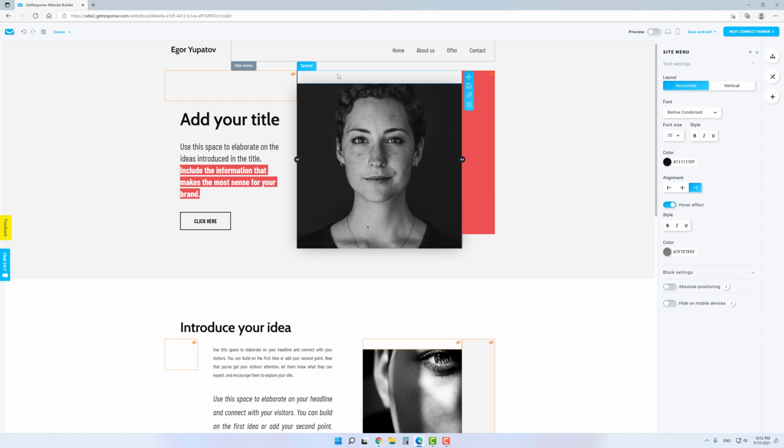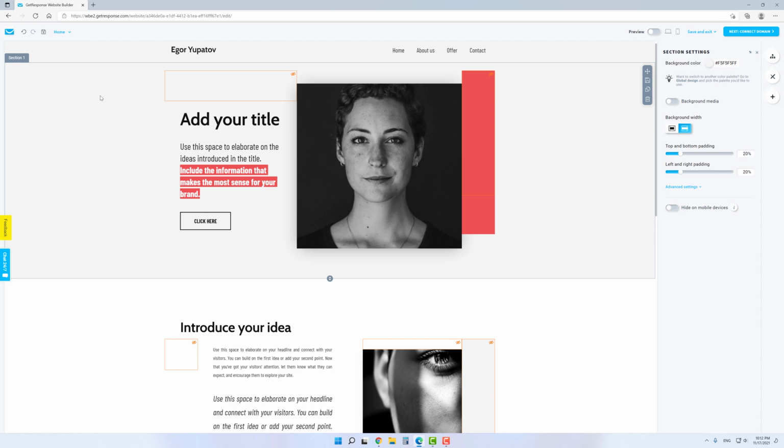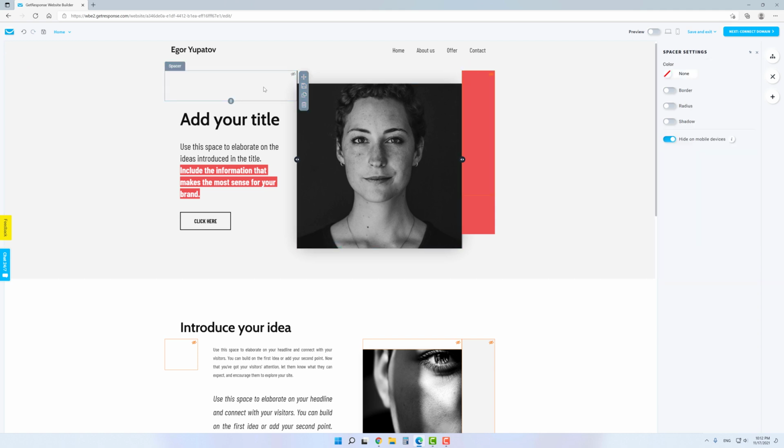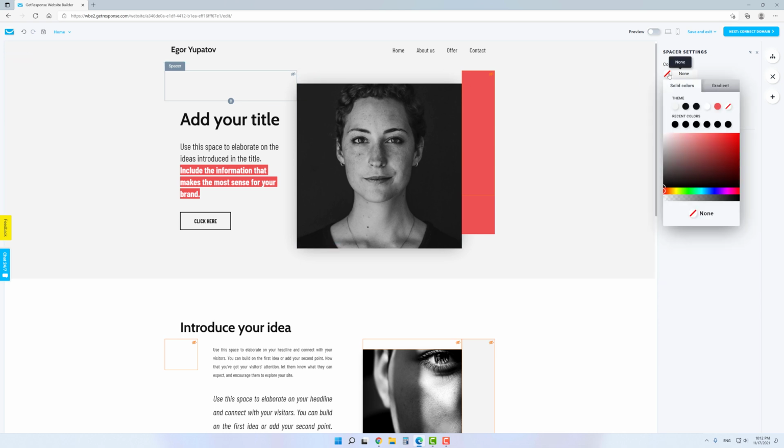After we've done with the header, let's move on to customizing the welcome message. First of all, I'd like to pay your attention to these empty elements called spacers. As the name suggests, they are used to fill empty spaces, allowing you to place elements more freely, for example, lower or higher than others. As you can see, some of them have a transparent background, while the other ones are filled with a color. You can set the spacer's background color on its settings menu after clicking on it.